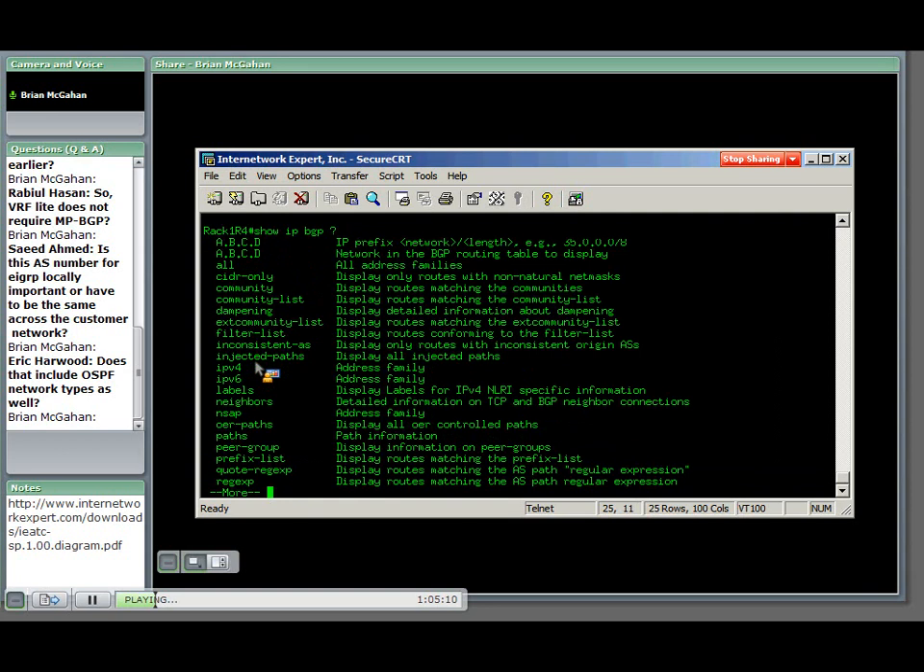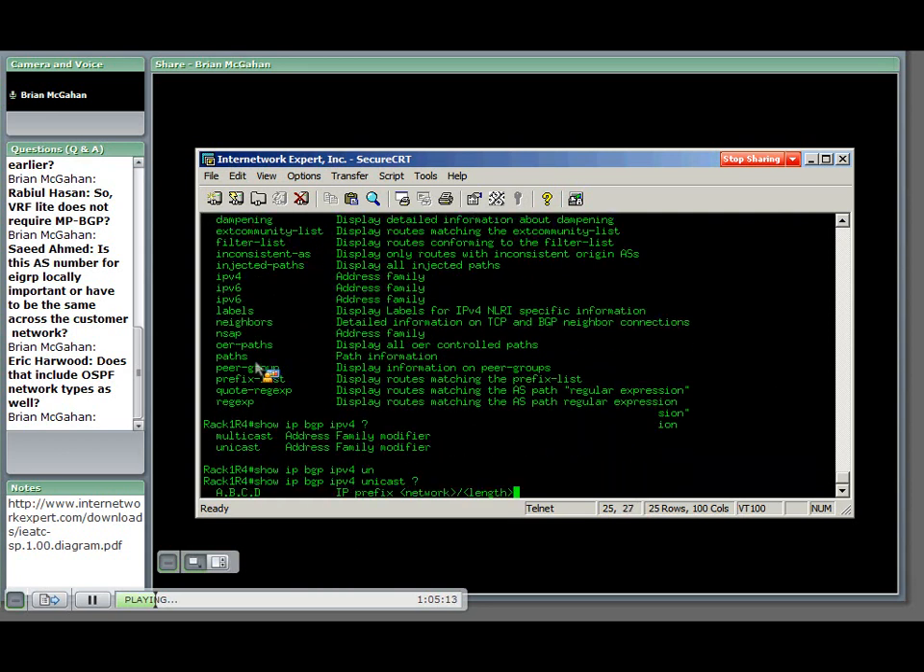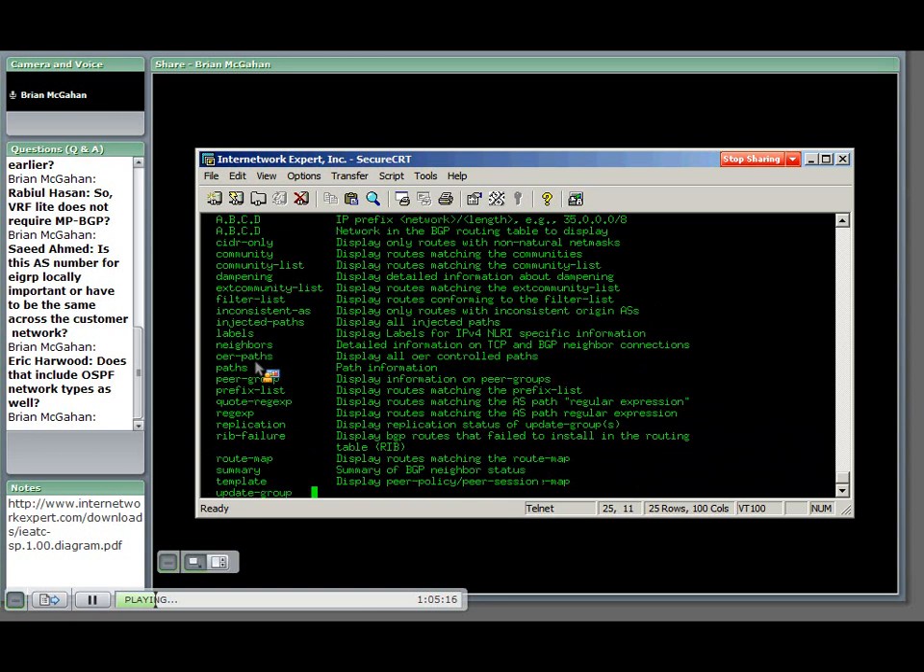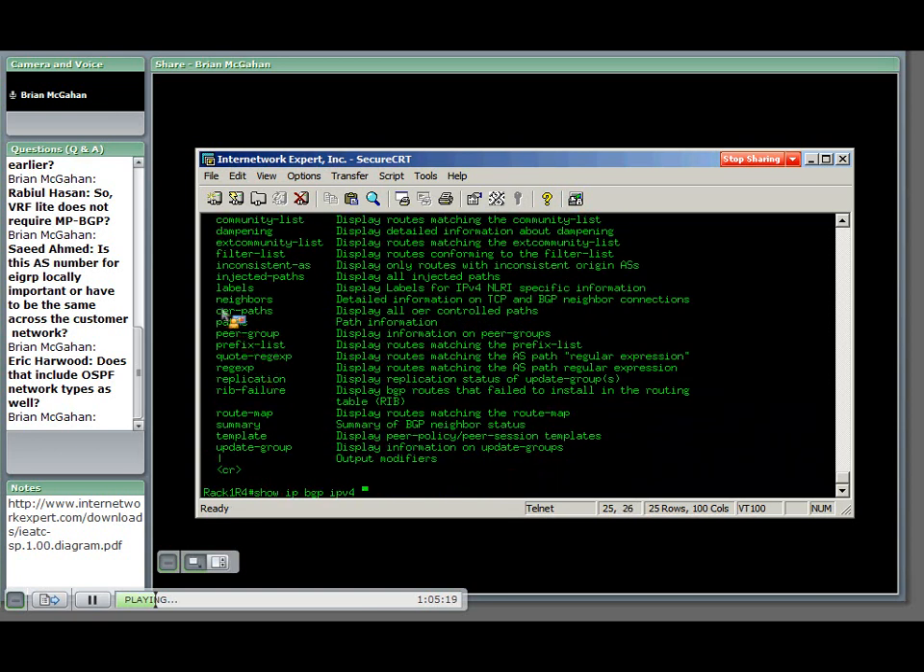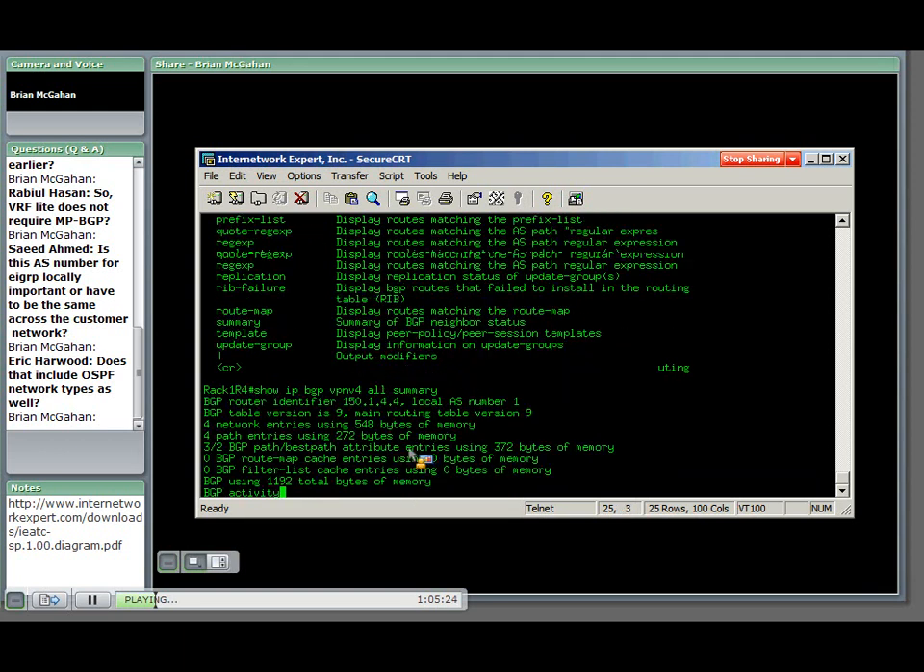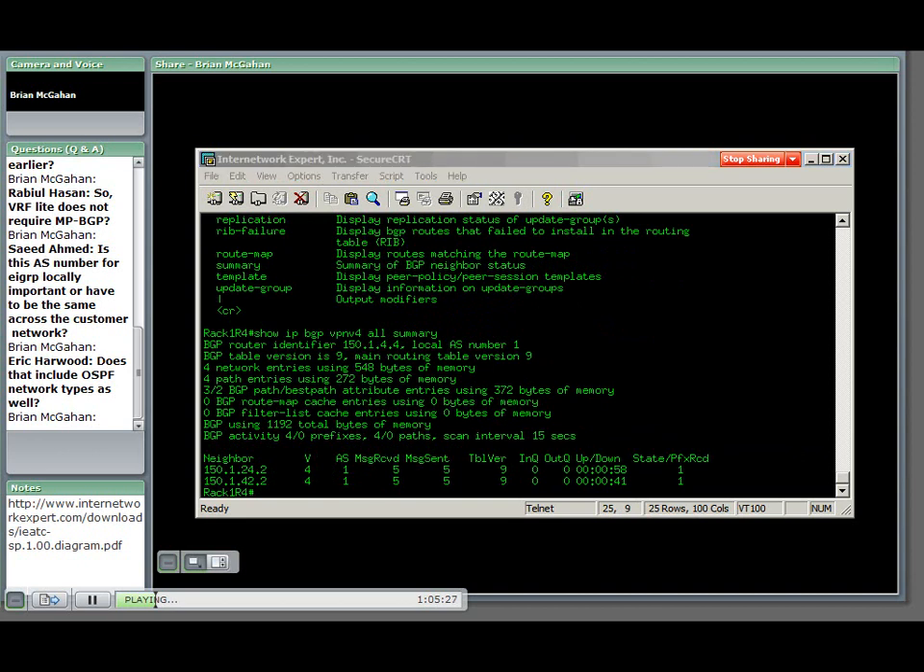show IP BGP, in this case, it's listing it under the VPN version 4 address family. We'll go into this in more detail shortly once we get to MPLS. Okay, the majority of commands that we're going to be looking at related to MPLS and BGP are going to be under the VPN v4 address family. So for most of the show commands, we're going to say show IP BGP VPN v4 and then issue our